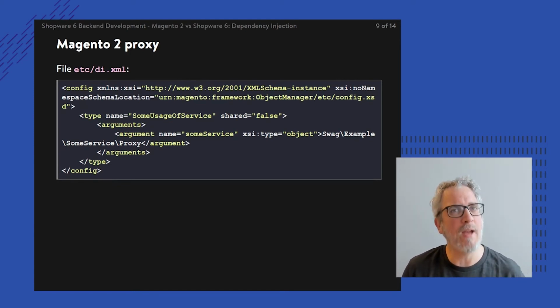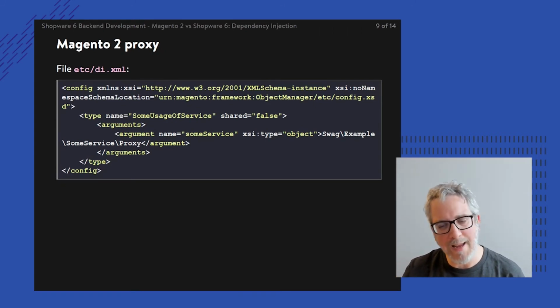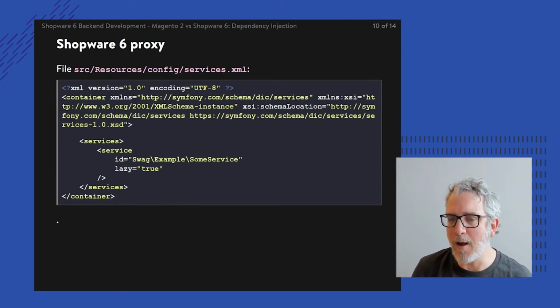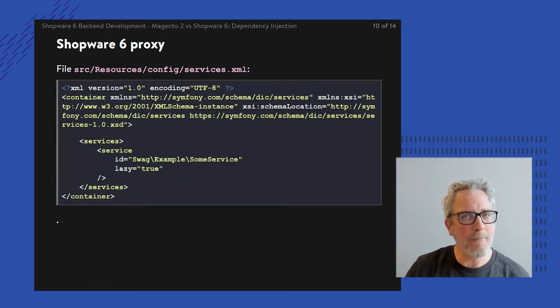It's only being put together with all of its own dependencies once one of its methods is actually being called. It's a lazy loading of a specific class. Well, and that phrasing of a proxy being a lazy loading mechanism comes up in Shopware right away as well. So back to the same service definition, services.xml. Every time I have a specific service and I see a performance bottleneck, I could simply add this lazy is true keyword, and then I'm done.